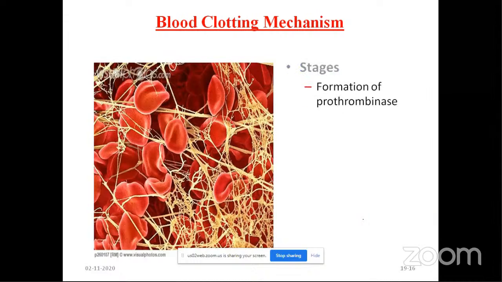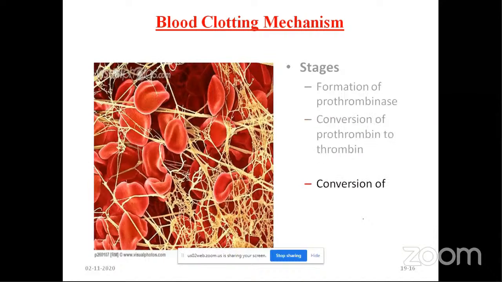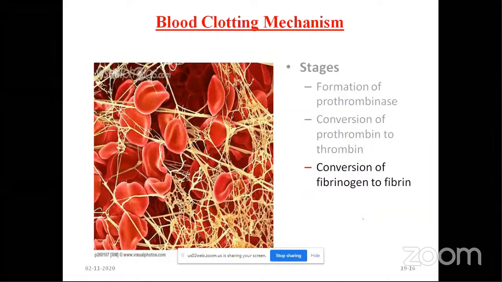So just to review or summarize the important steps in the clotting cascade, either by extrinsic or intrinsic pathway, first of all, the prothrombin activator, also called prothrombinase, is formed. Then this prothrombin activator converts prothrombin, already present in the blood in an inactive state, to the thrombin protein. Then this thrombin converts fibrinogen into fibrin monomers, and lastly the fibrin monomers polymerize, become insoluble, and form a mesh-like network which is called the stable clot, and within this stable clot are trapped all the platelets.